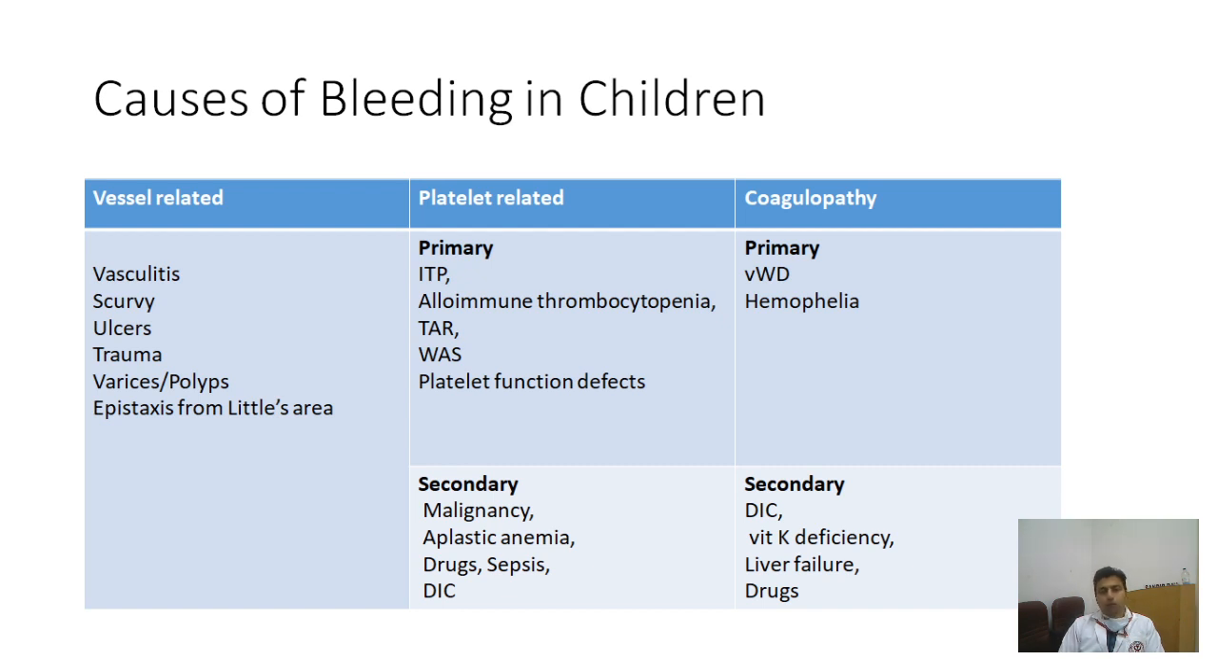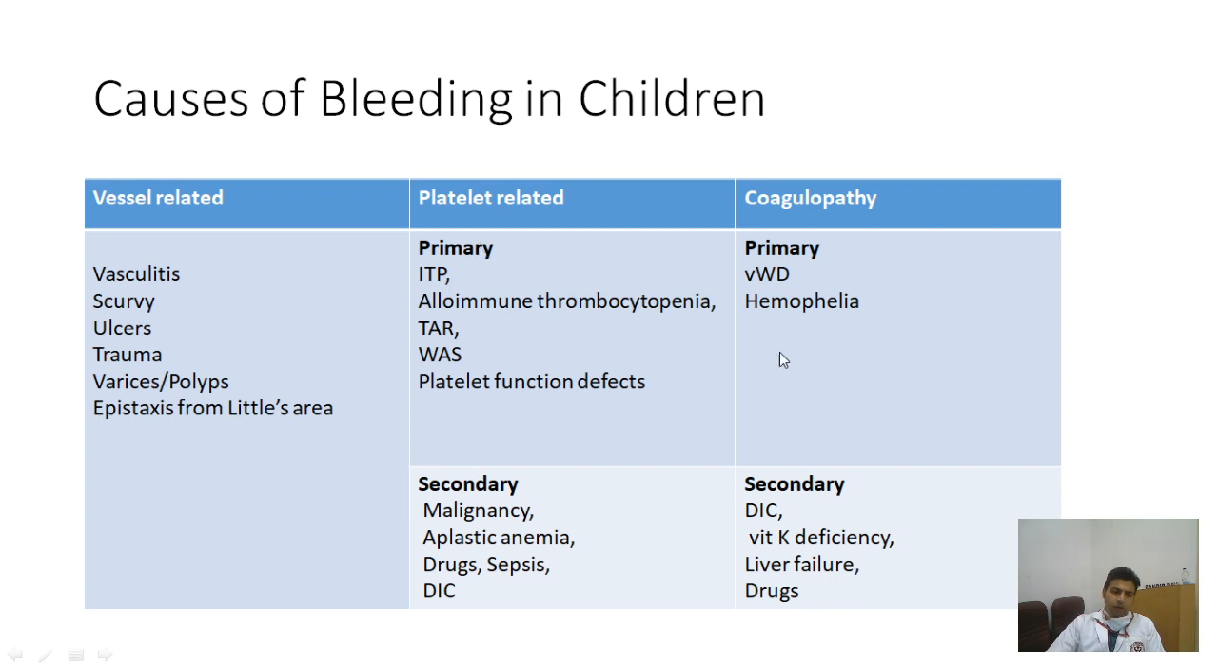Now primary, the most common one is immune thrombocytopenic purpura, alloimmune thrombocytopenia found in neonates, and some intrinsic causes of low platelets such as thrombocytopenia with absent radii, Wiskott-Aldrich syndrome, platelet function defects such as Glanzmann's thrombasthenia, wherein the platelet numbers are normal, but due to the various receptor defects, the function of the platelets is defective. So this does not encompass everything, but these are some of the examples of primary platelet related problems that could lead